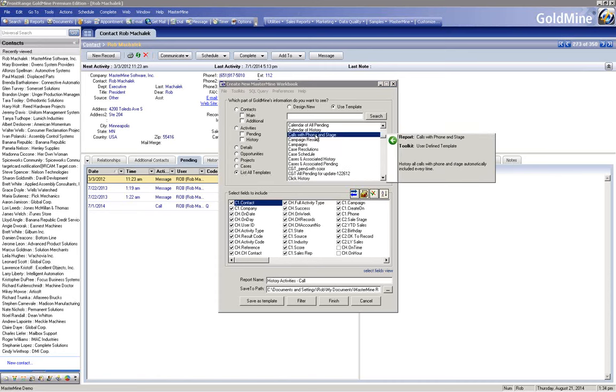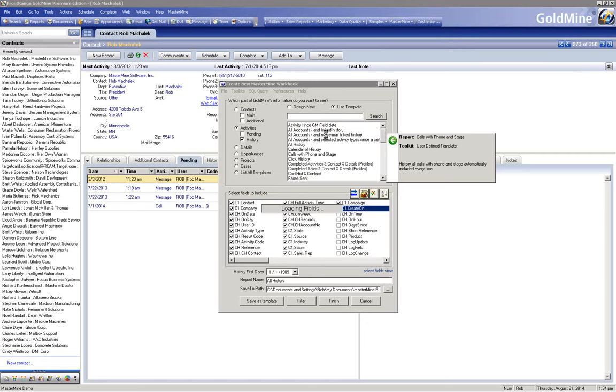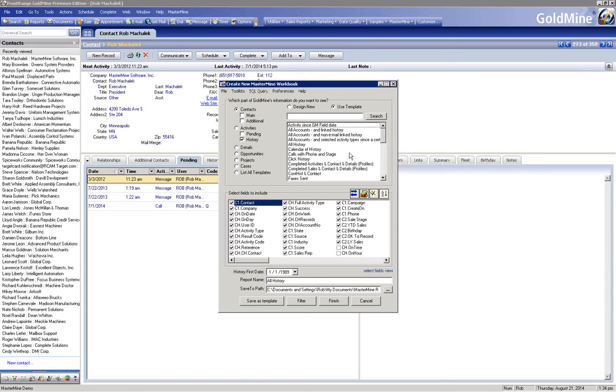Note, by the way, when I'm hovering over it, over on the right-hand side, you get that description that I just added. That long-winded description I just put in there: history, all calls with phone and stage automatically included every time. That's over on the right-hand side. If I move my mouse over there, of course, we're going to lose that window. So it's findable there among your